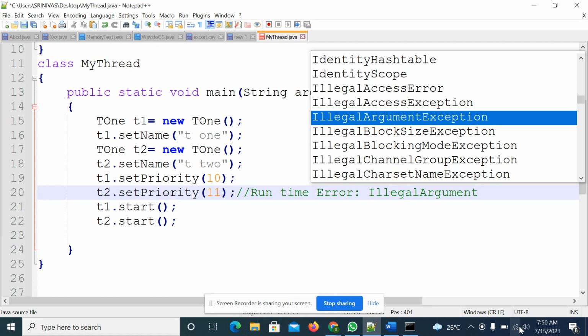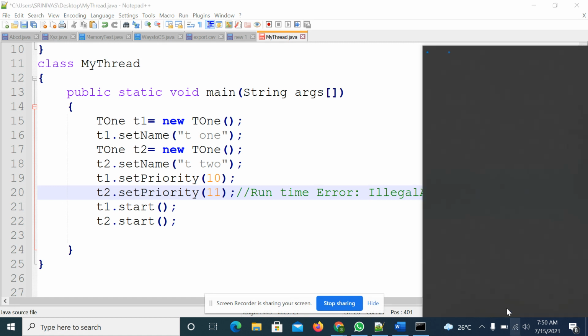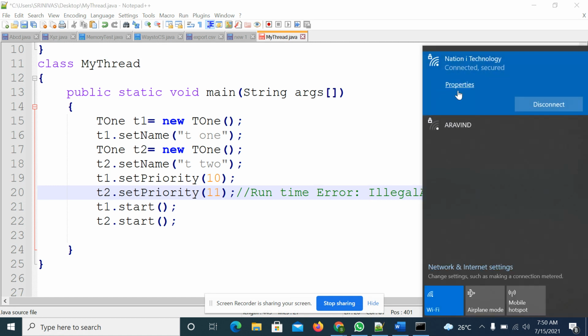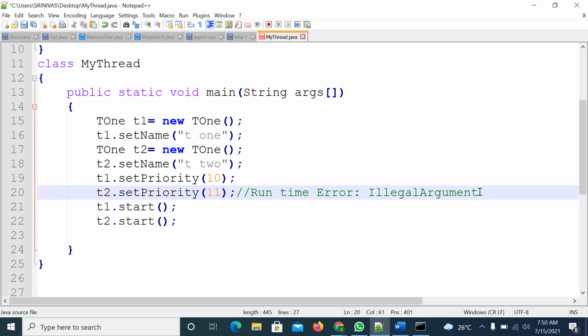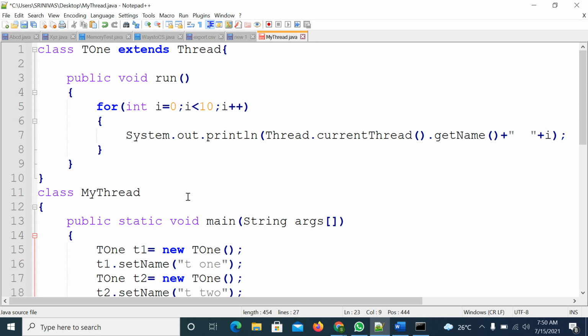I hope I got disconnected. Someone please confirm, are you able to see the screen? It's right. So if required, you can take this code.